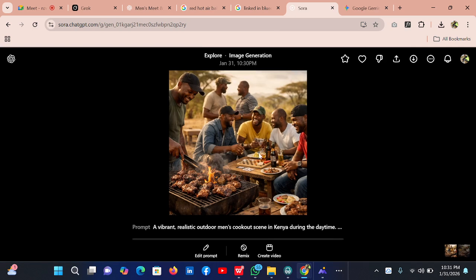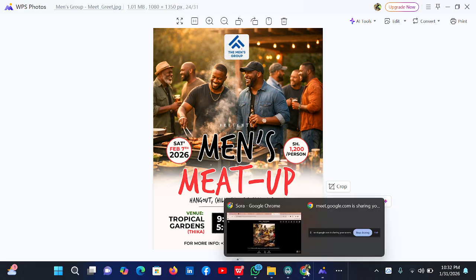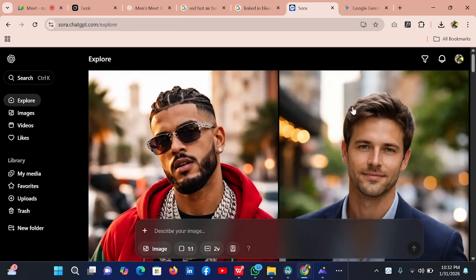Many of us associate chilling with beer, alcohol. So you can see people hanging out, chilling out. Sora is awesome, I can't lie to you. This one is a beast. Personally, I created this one using Sora. So that is what it has been able to give us.